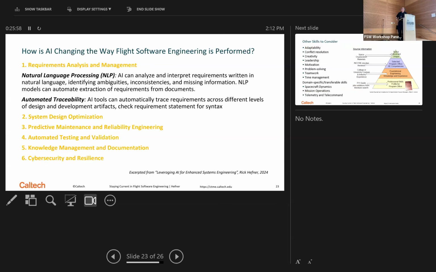The other side of the question is, how is AI changing the way we work? How many people here have used ChatGPT at least once? How many people use ChatGPT on a weekly basis? How many use ChatGPT on a daily basis? How many people use some AI-powered tool for engineering different than ChatGPT or similar tools? Okay, so you can see a lot of people are already embracing this, and it really is a game changer